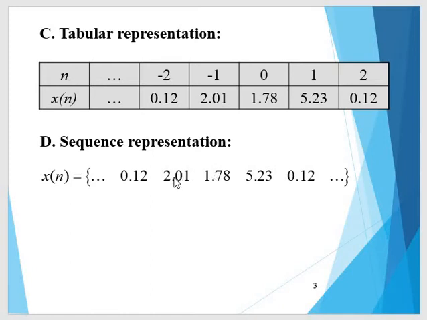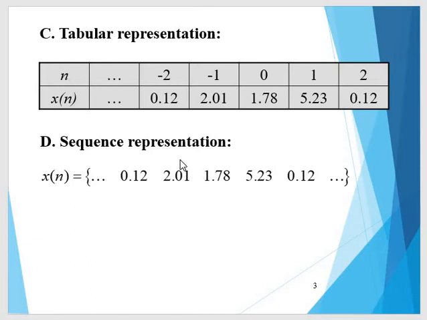That means this is n equals minus 1, this is n equals minus 2, this is n equals plus 1, this is n equals plus 2. In the same way, if I place my arrow here, that means I have n equals 0 at this position. That means this is n equals minus 1, this is n equals minus 2, this is n equals minus 3, and this is n equals minus 4. All is about that arrow, and if no arrow is given, you have to think the arrow is in the first position.